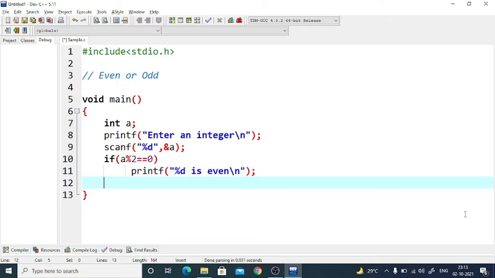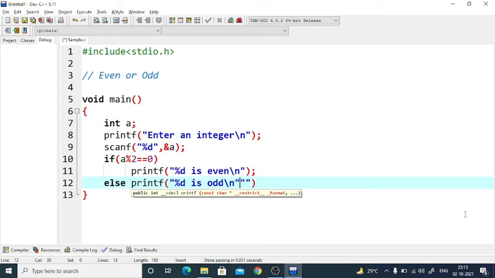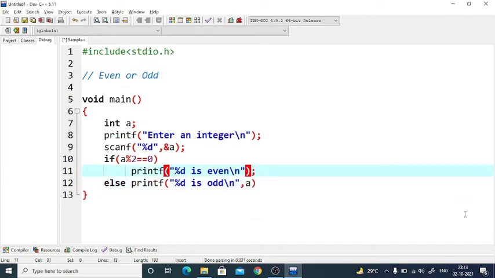Now in the else part I can write %d is odd. I forgot to mention the argument, which will be a for the upper one also.